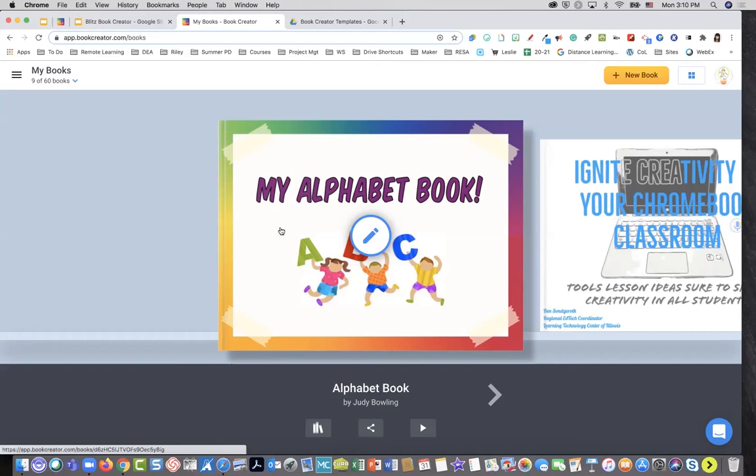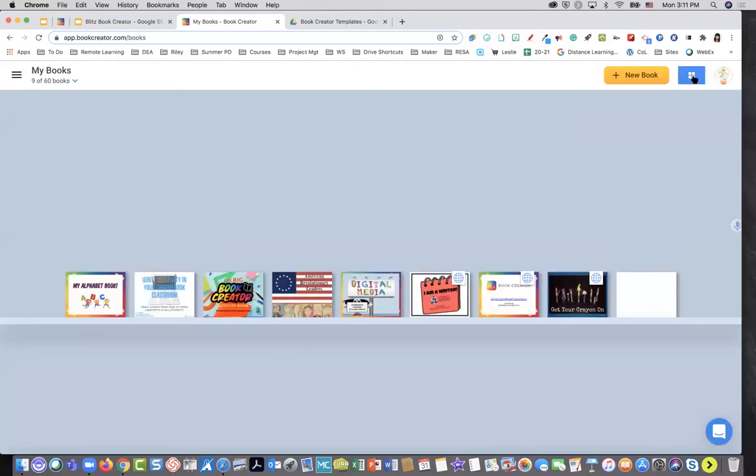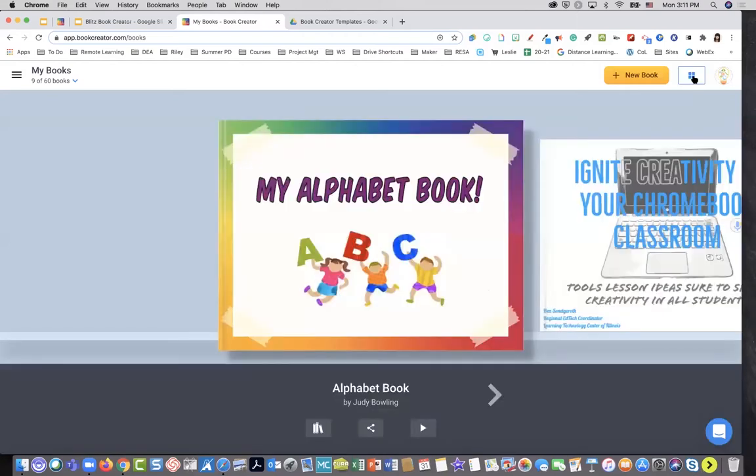So when you first log into Book Creator, this is what it looks like. I have my library panel here of books that I've created and or imported. I can look at it in the view that you see, or in the upper right hand corner, if you prefer to look at it in a grid view, you can toggle between those two. So a couple things to point out before we jump into the book is over here on the left, I